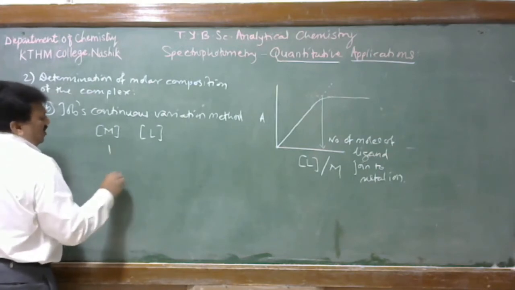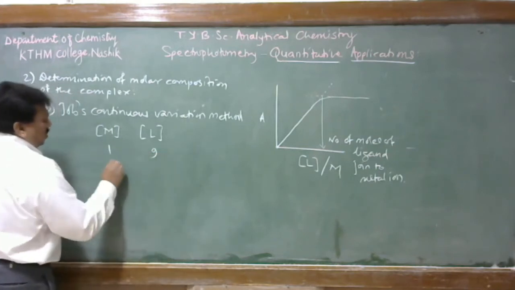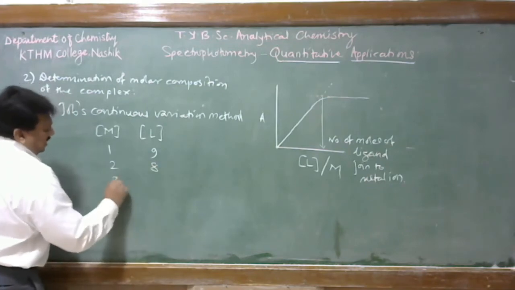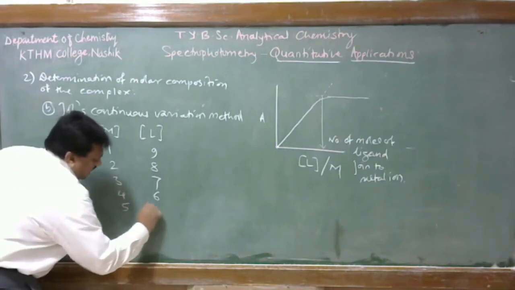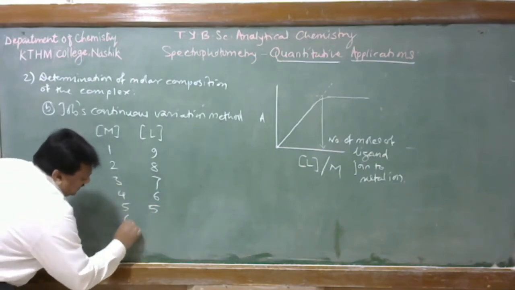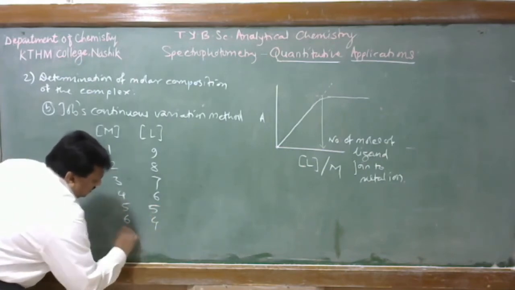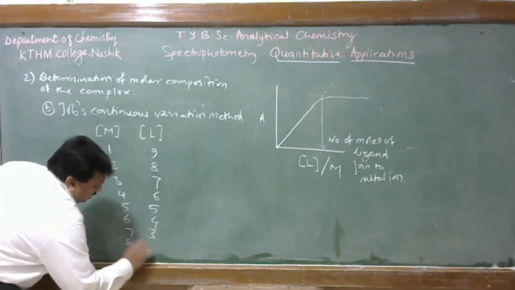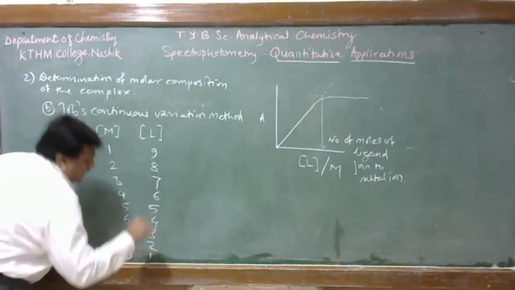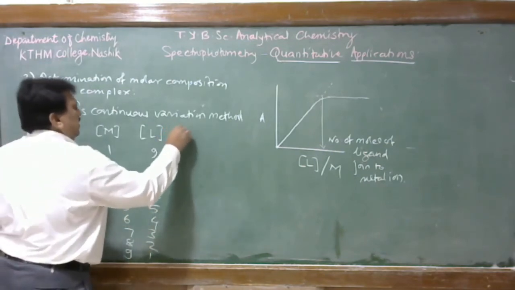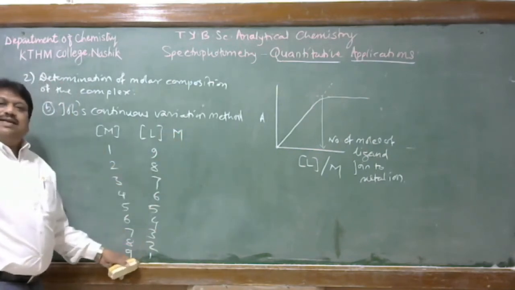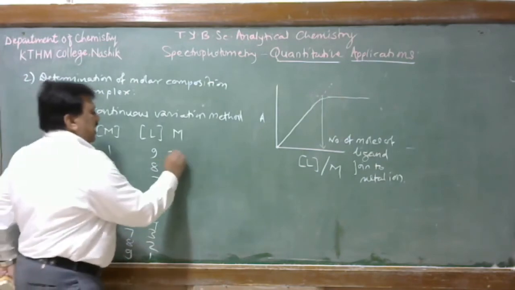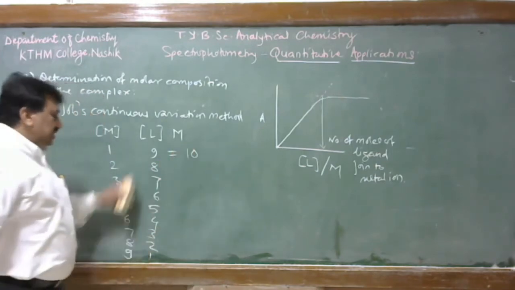Here this is 1 mole, then this is 9 mole, 2, 8, 3, 7, 4, 6, 5, then 6, 4, 7, 3, 8, 2, 9, 1. In this way, the moles of metal ion and ligand, both concentrations are kept constant, that is each equal